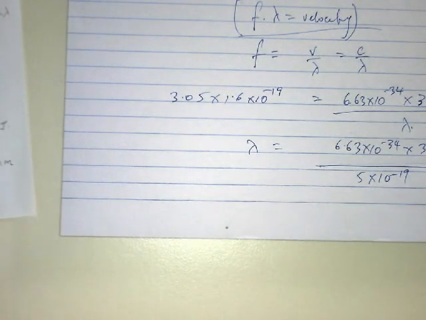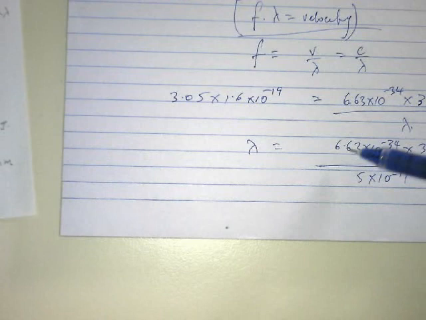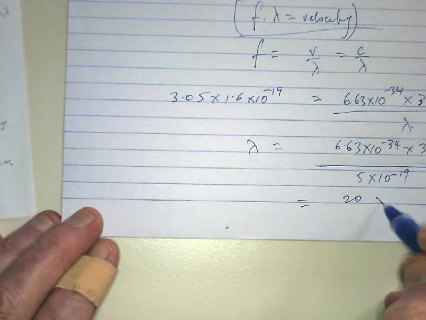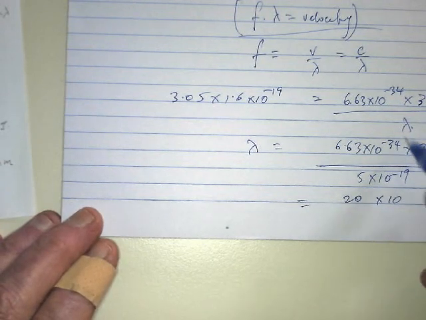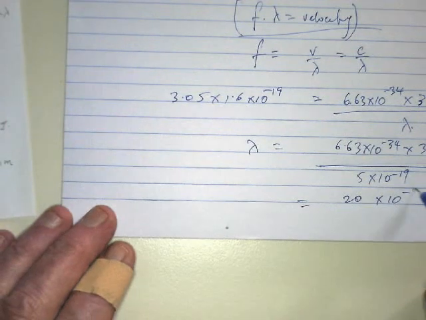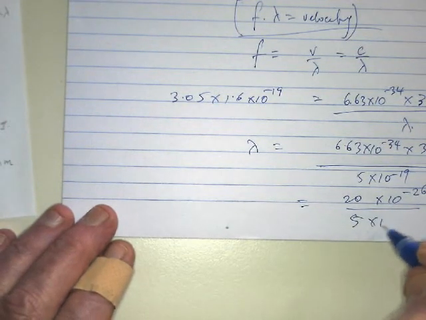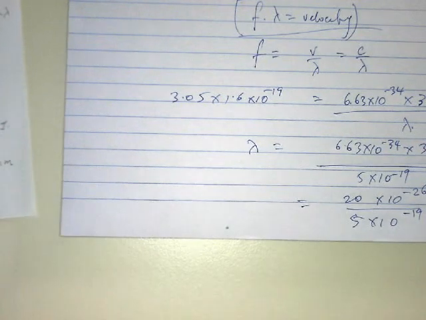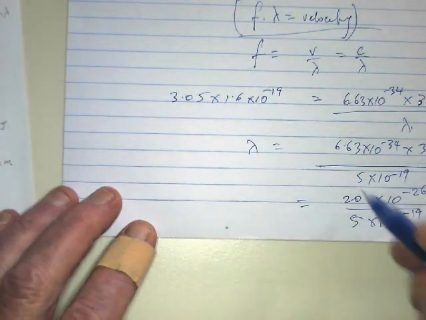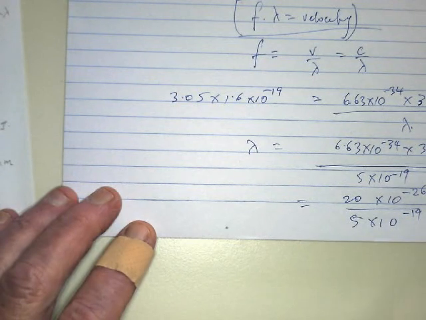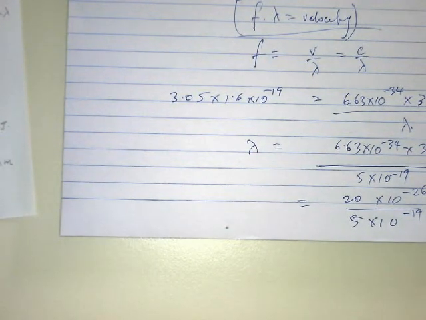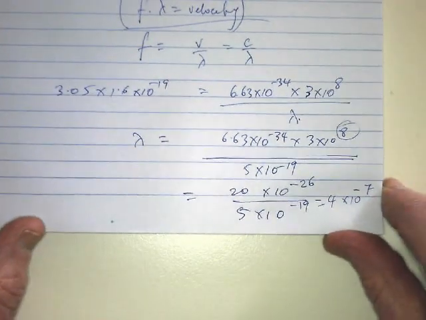Okay, and 3 times 6.6 is 19.8, say it's 20. This looks like about 20 by 10 to the 8, and minus 34 is minus 26 over 5 by 10 to the minus 19, and that looks like about 4 by 10 to the minus 7 by the time you take the 19 up, so 400 by 10 to the minus 9. So if you did it more accurately, you'd end up hopefully with the 4.07, and